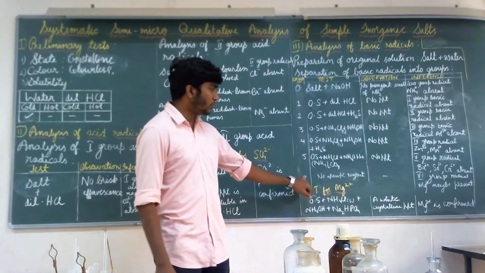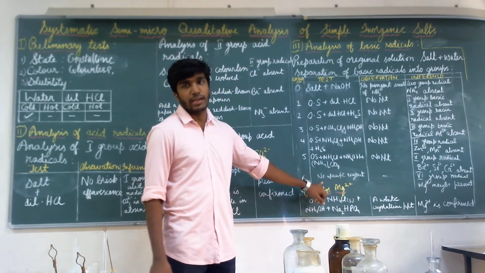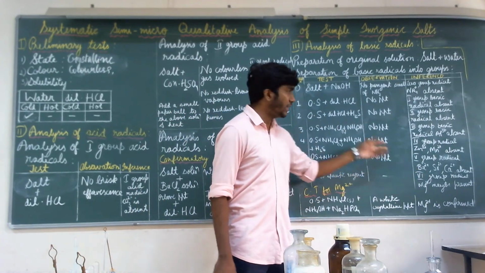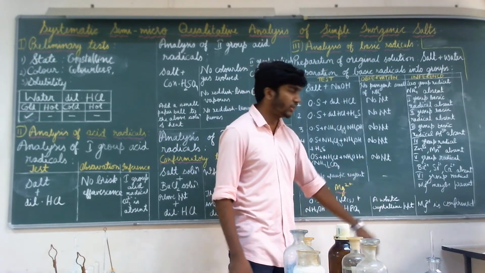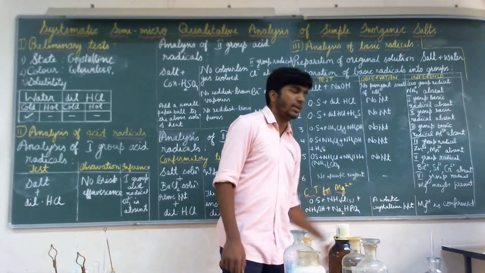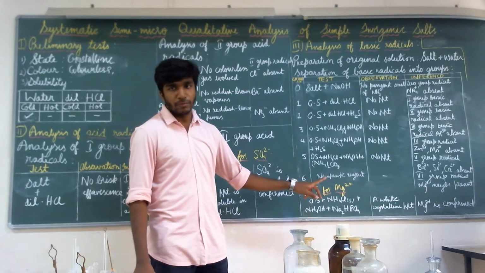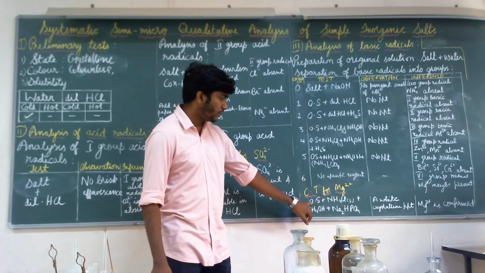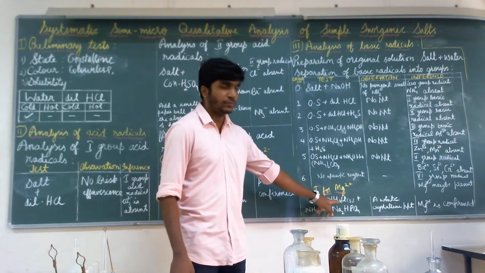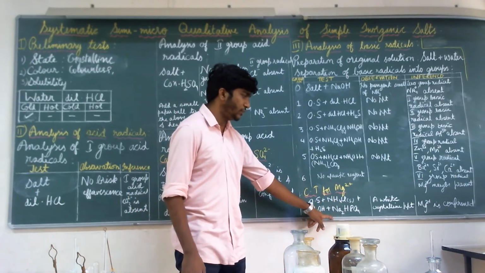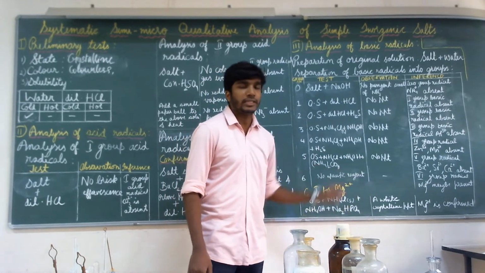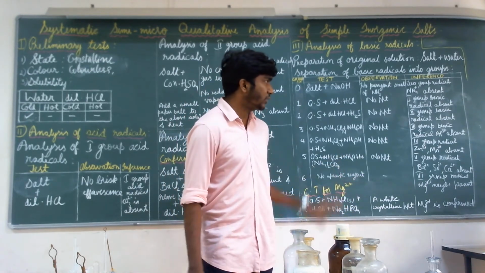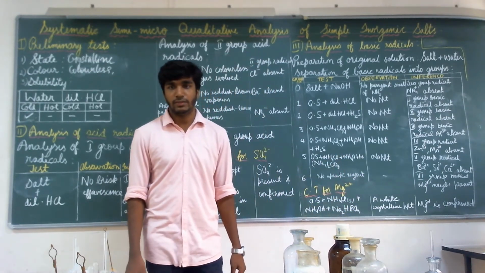Finally, there is no group reagent for the sixth group basic radical, like I've already mentioned. So therefore sixth group basic radical magnesium may be present. In order to confirm that, we have to do a confirmatory test. So confirmatory test for magnesium. What did we do? We took original solution, we added NH4Cl, NH4OH and sodium phosphate. We got a white precipitate, which basically indicates magnesium is present and confirmed. So this is how you represent it in your answer sheet as well.